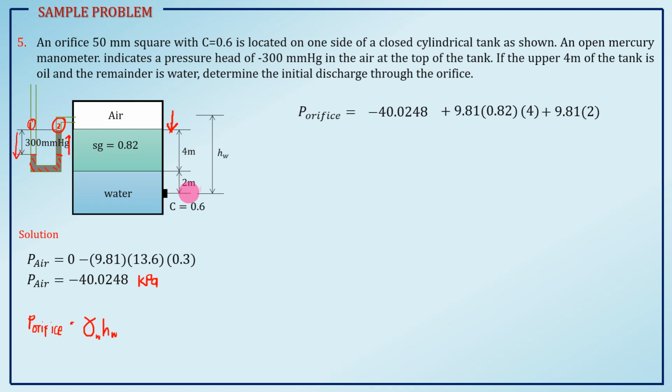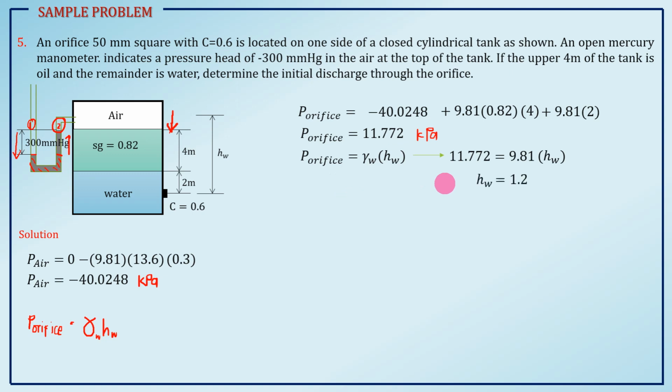So, unit weight ng water, 9.81. So, calculating for the pressure at the orifice, pressure there is 11.772 kilopascal. Ayan. So, solving for HW, that is the head in terms of the water and oil. So, yung oil natin na-convert na sa water. So, solving for orifice na ito, pressure ng orifice, unit weight times the head. So, we have 11.772 equal to 9.81 times the head natin in terms of water. Ayan. So, head there is 1.2